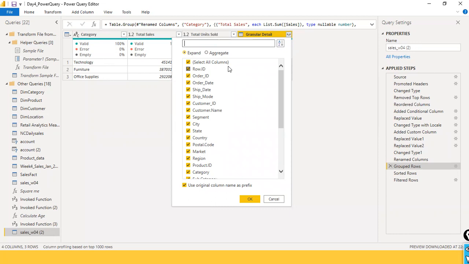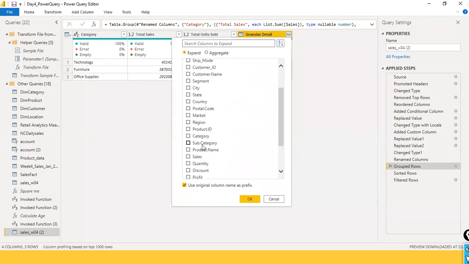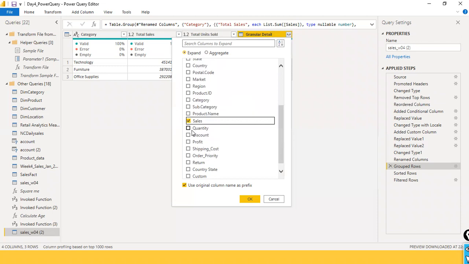I don't want all the columns, so what I do is I simply unselect them. What I need is to see the sales and quantity, and probably the category, because we want to see the category in detail, and the product name. And if you click on it,